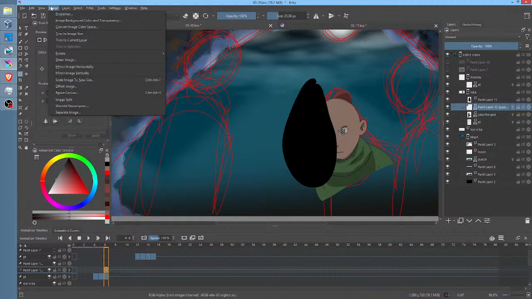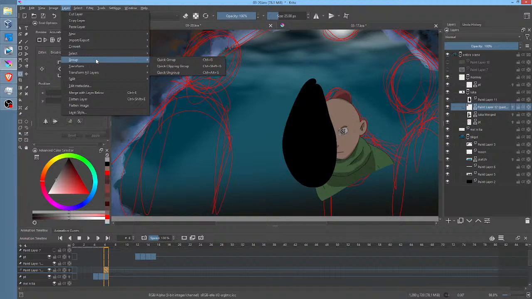and actually I'm going to take image. No, what am I going to do? I'm looking for whatever scales the whole layer to the size of the entire frame.